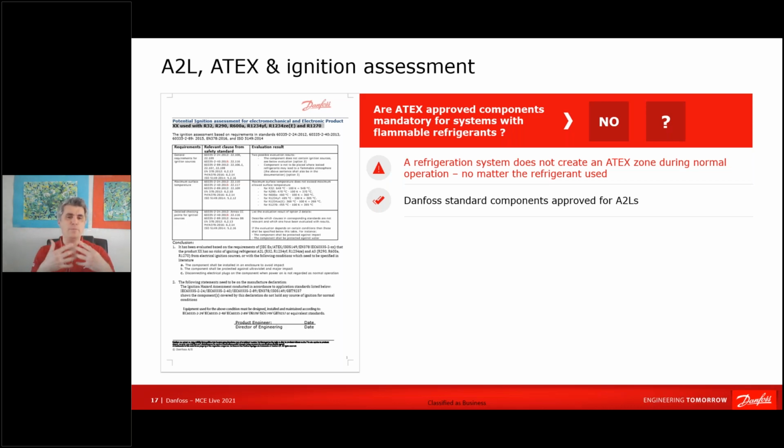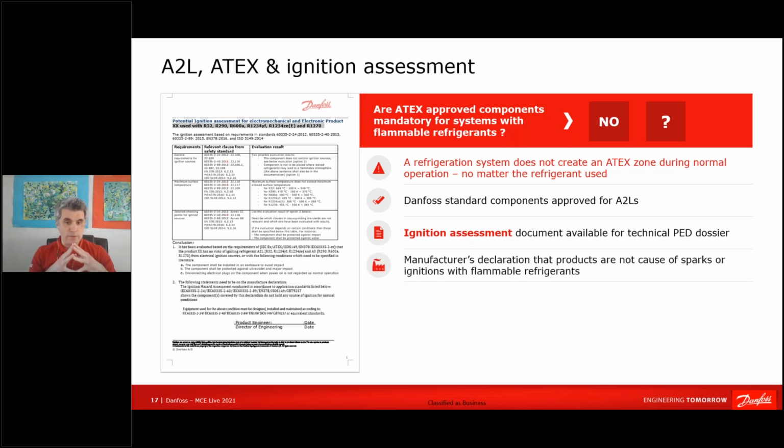But how can we prove that our components are okay with flammable refrigerant? With a document called Initial Assessment. This document will be attached in the technical PID dossier, to prove that our components, even if they are standard, so the design was not only for flammable refrigerant but for standard refrigerant, are okay. In this document called Initial Assessment, that the technical department of Danfoss will